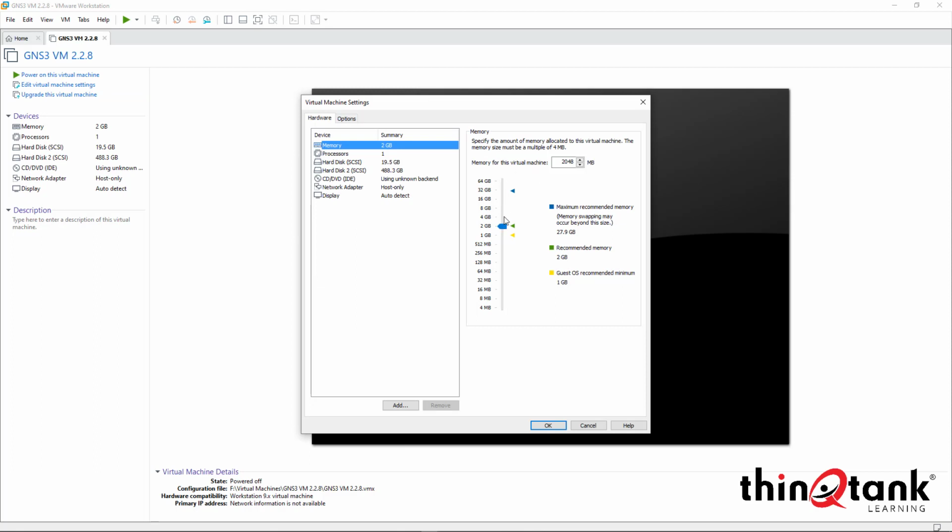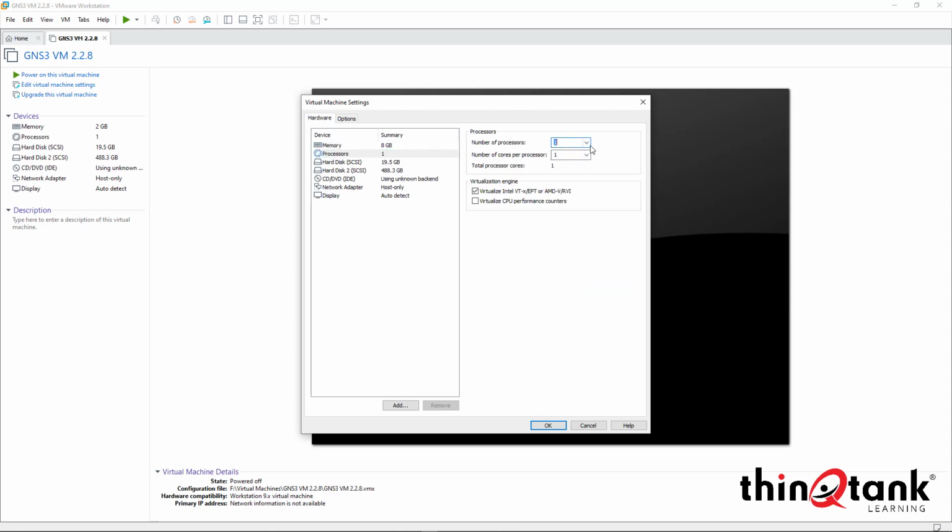I have lots of memory in my computer. I recommend running the VM with a minimum of 4 gigs. I run mine with 8 gigs just because I have some extra memory on my computer. But I've found that in most cases, 4 gigs of memory is sufficient to run multiple nodes within the GNS3 environment. Same thing with the processors. I have quite a few processors, so I'm going to go ahead and dedicate 2 processors and 2 cores. But this is a very important piece right here, this virtualization engine. You need to make sure that this Virtualize Intel VT option is checked in order for GNS3 to work correctly